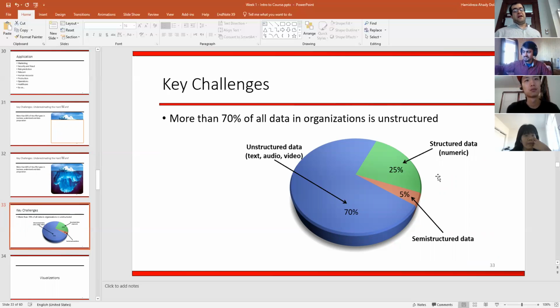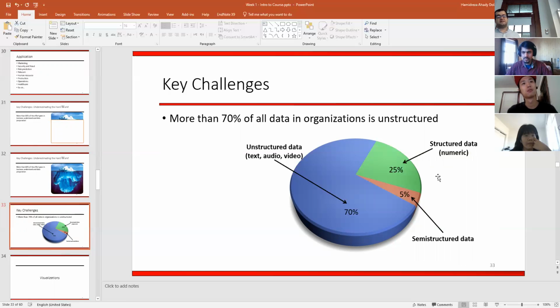More than 70% of data in an organization is unstructured, which is another fact. Structured data means data in a table, so you have columns and rows. This data is structured, which, as you see, is about just a quarter of your data. But the vast majority of your data is unstructured. In an organization, people write so many reports or notes. A report is information, is data, but it's in text. Or in social media, there is so much information, all in text format, not row and column format. So we call it unstructured data.